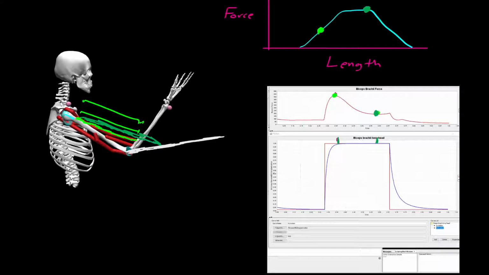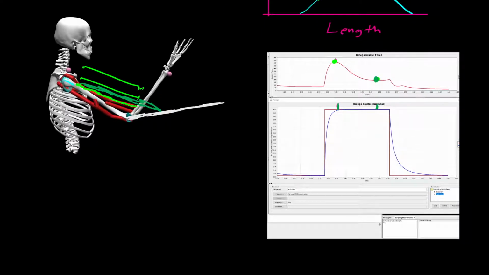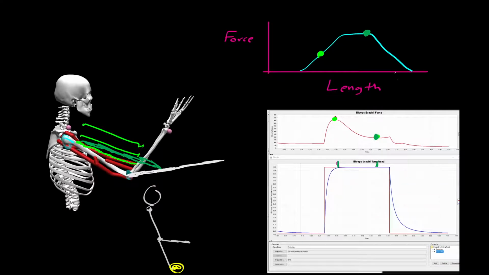Now, this is a very useful analysis to do because it explains some phenomenon that you are probably familiar with, which is when you're doing bicep curls. The most difficult part of the bicep curl for most people is getting started, right? It's like if your upper arm is like this and your lower arm is like this, and maybe the dumbbell is here. It's getting started. That's the most difficult part, right? Once you get to here or so, things tend to be okay. And maybe we can explain that with when you're getting started, maybe the fiber length is too long,